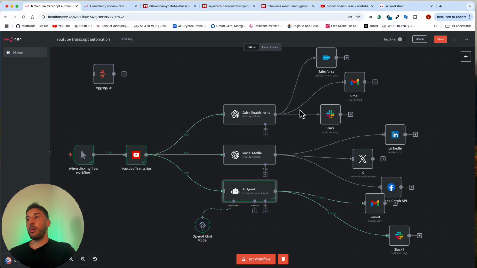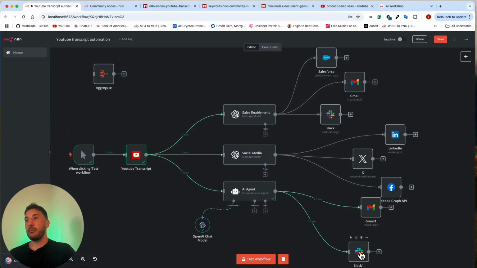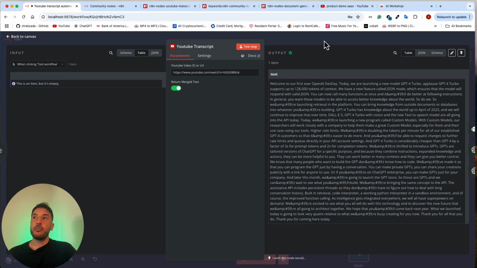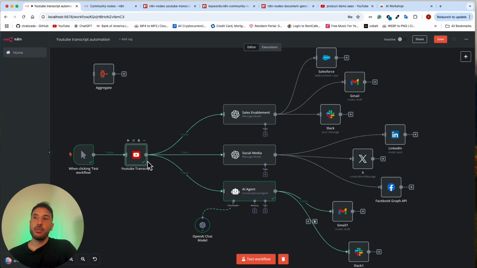All right, well, so hopefully that helped. And again, like I said, you can add this to your email or a Slack, or any additional nodes if you want. So this is a good overview of what you can do with this community node called YouTube Transcript. Again, you can completely automate this process where, as I mentioned before, you can have a webhook attached to this, where you can be monitoring a competitor's channel. You can add individual YouTube links to this, where, for example, if there's a webinar or a seminar that's very long, you can utilize this. This is a great tool to be able to summarize or turn that particular YouTube video into something much more.